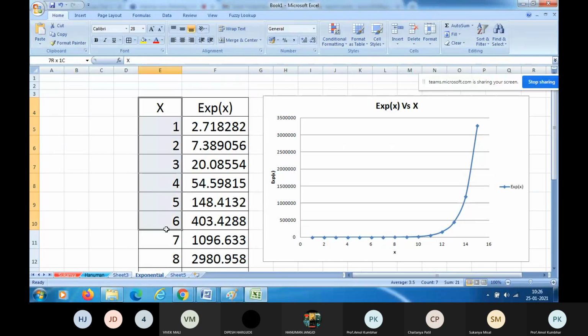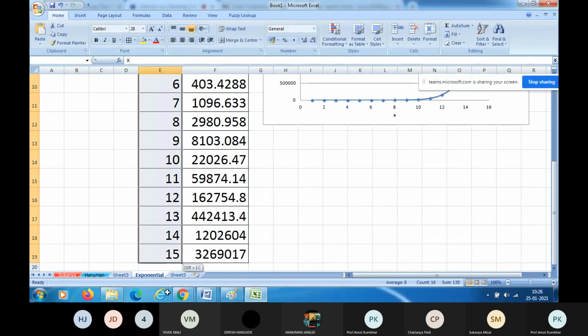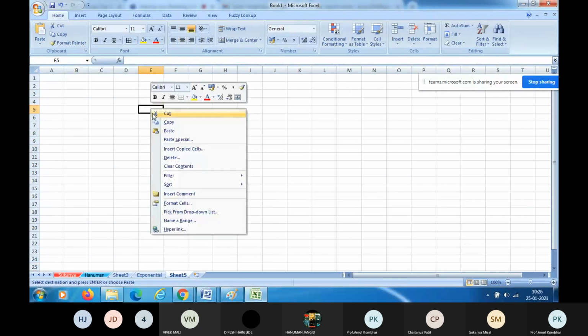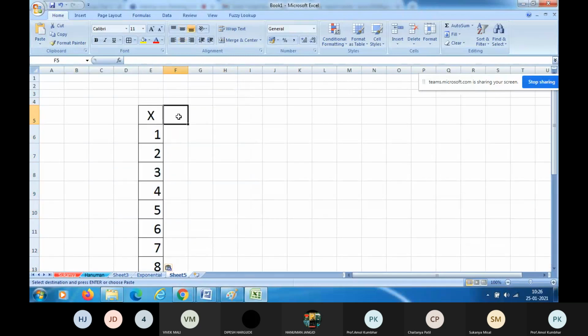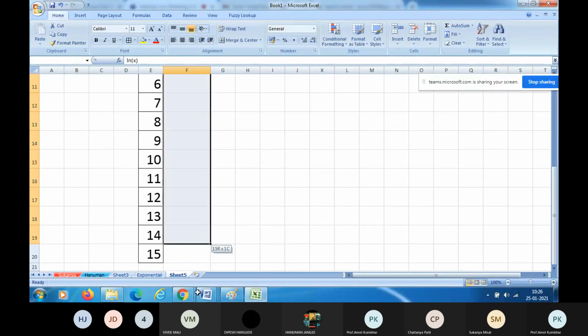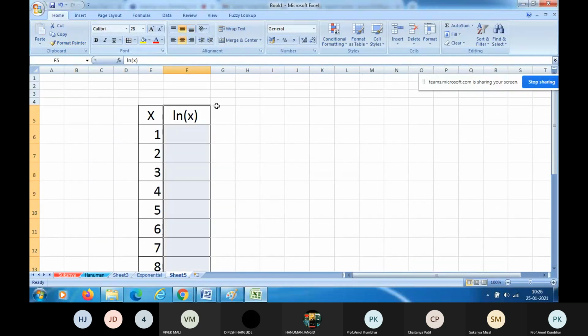We will take these same values of x. Copy, paste. ln of x, right? ln of x. So equal to ln has come.